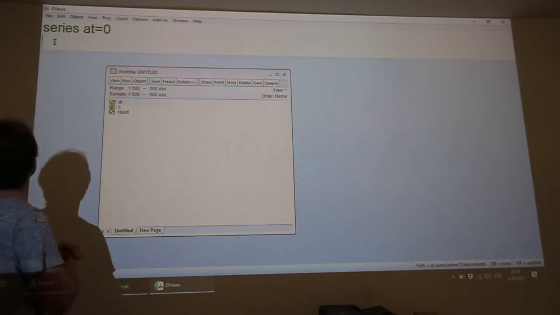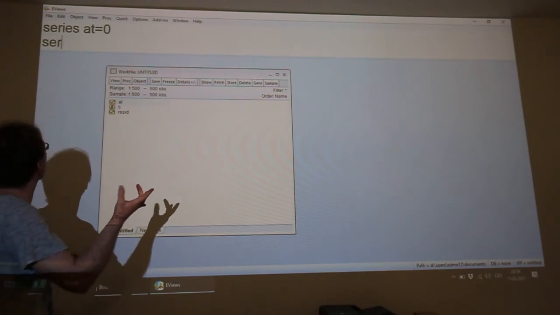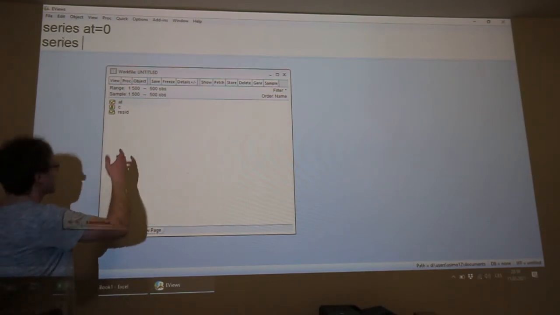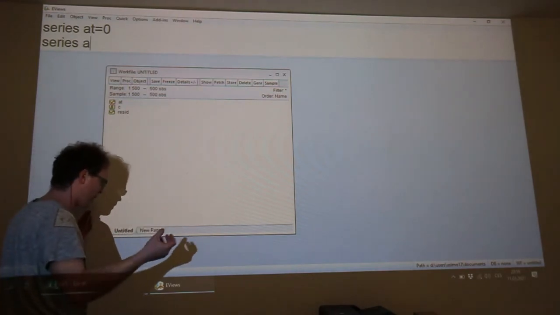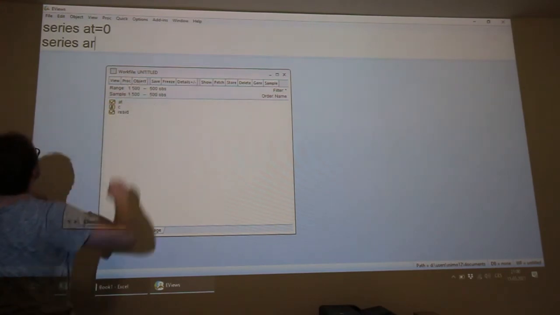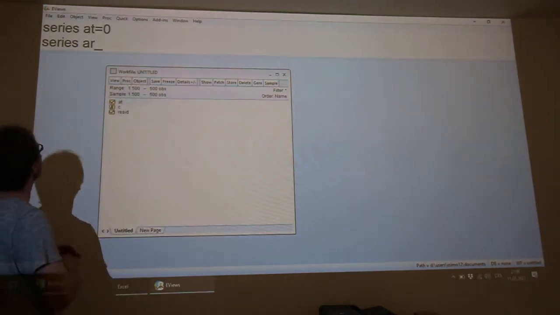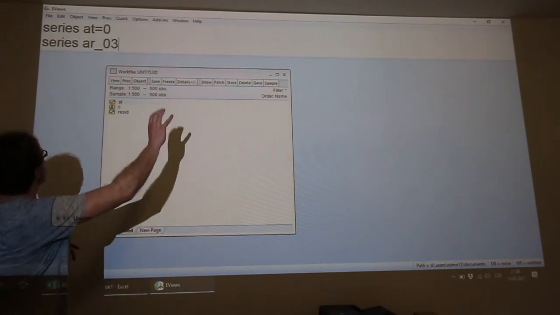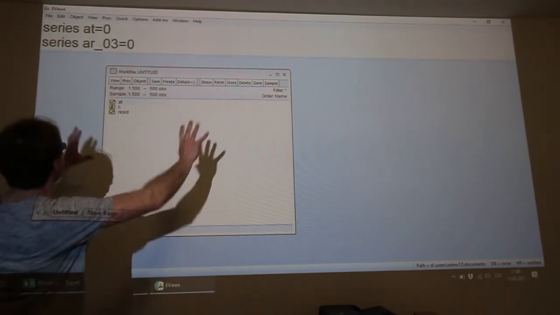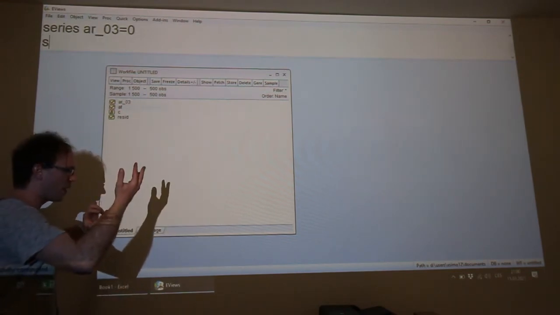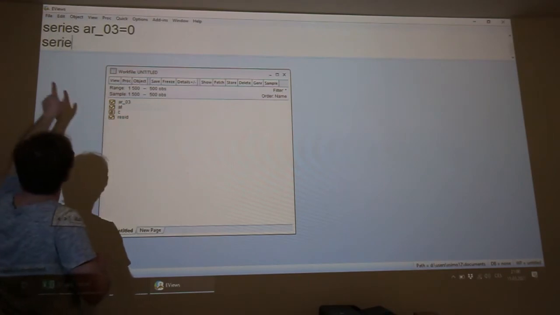We'll start with writing series, and we will name this, for example, AR, like Autoregressive. Instead of space, we will use 03 equal to 0. So this will be the first file, enter.